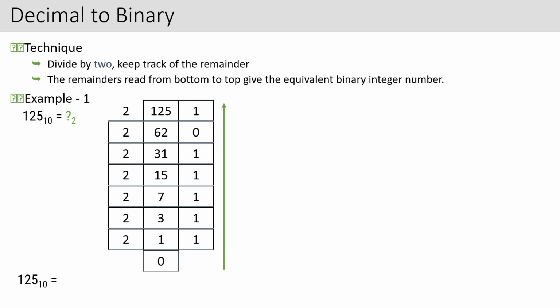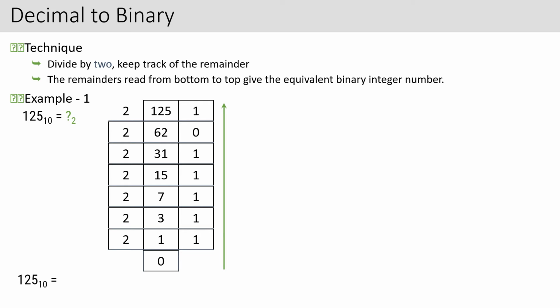Okay, clear to all of you? See, these 1, 1, 1, 1, 1, 0, 1 are the remainders. But 2 into 0 gives you what? 2 into 0 gives you 0. So what is the remainder? 1. So here you must get 0. Only then will you stop dividing by 2.